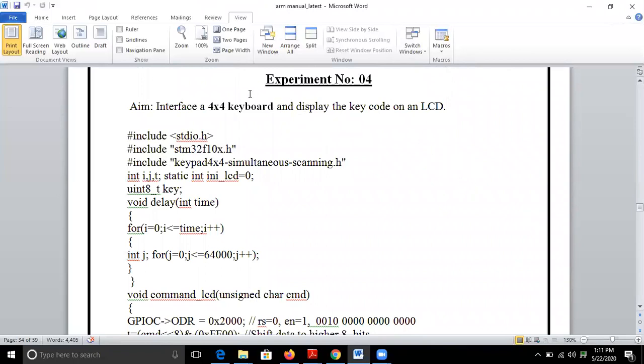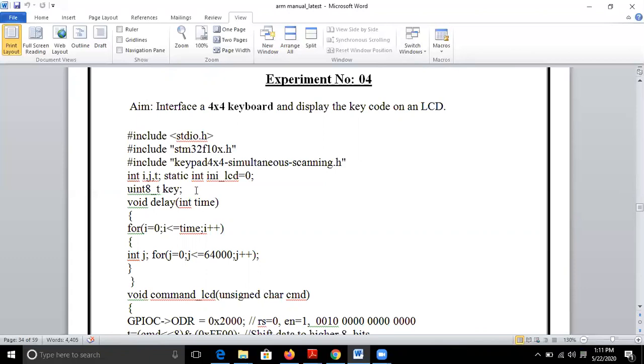So we are including stdio.h, stm32f10x.h, and some two files are there that we need to include. Keypad 4 cross 4 simultaneous scanning.h. This will actually perform the identifying which key is pressed and give the value to the program. We are using some of the functions that are defined in this header file.